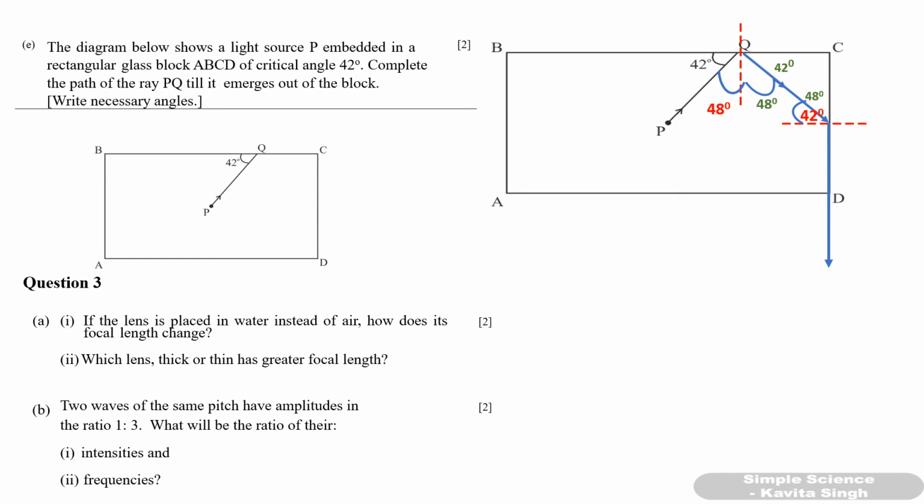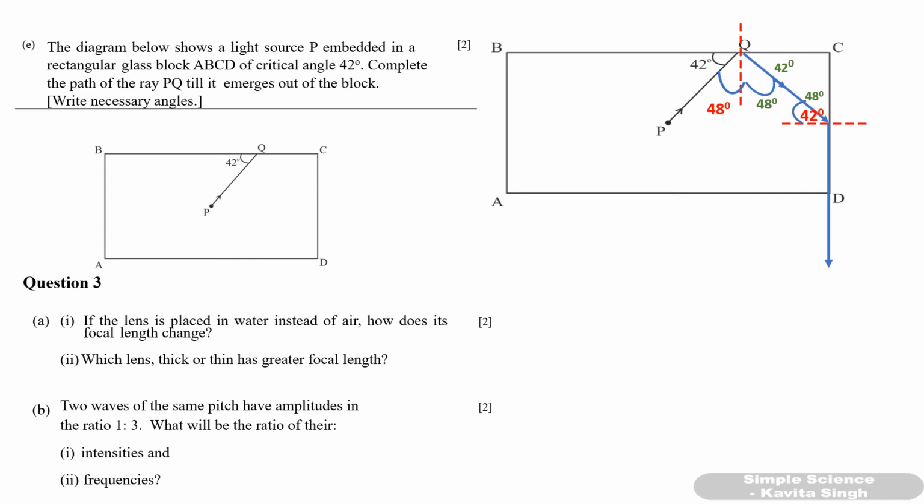So for these two rays, one totally internally reflected ray and one the ray which passes through the surface on surface CD, 1 mark each. But if you don't mention the angles, then you will lose mark. Okay, so mention the angles which is given in red. Those are the two required angles. If you write other angles also, there is no problem, but the angles which are marked in red, they are important. That means angle of incidence at both the surfaces you should mention.